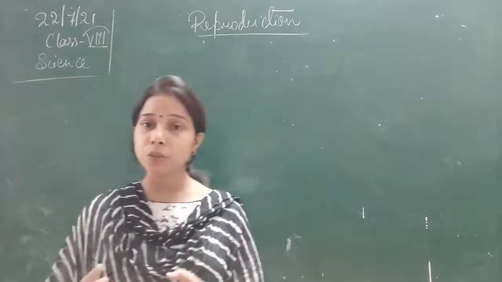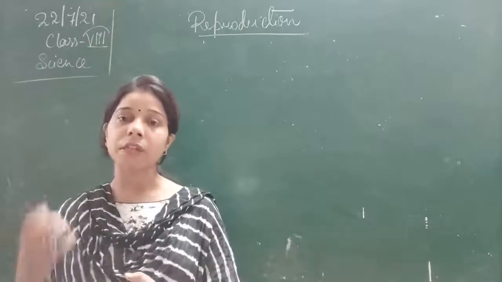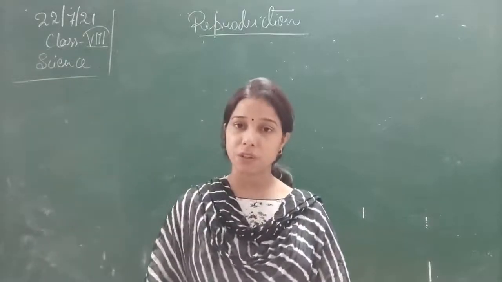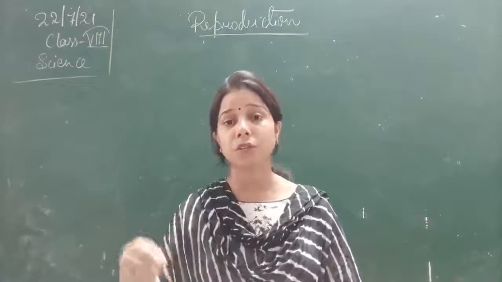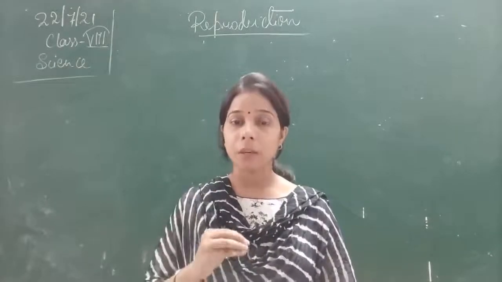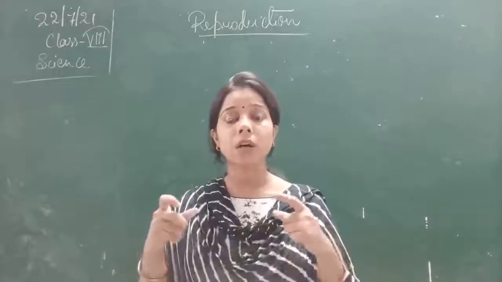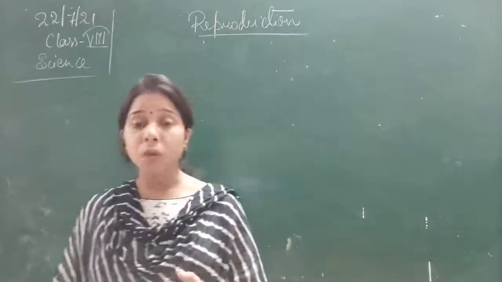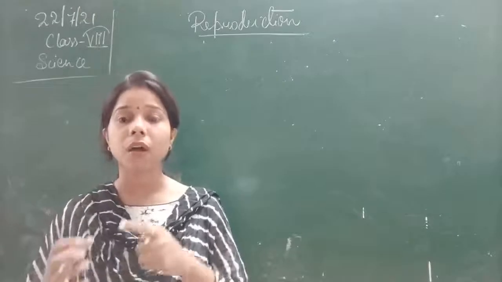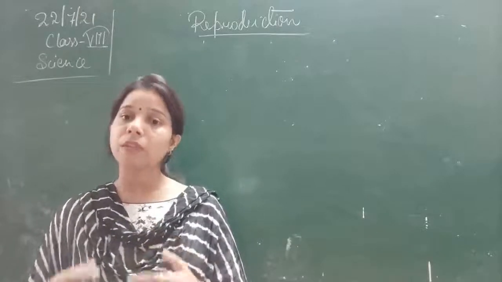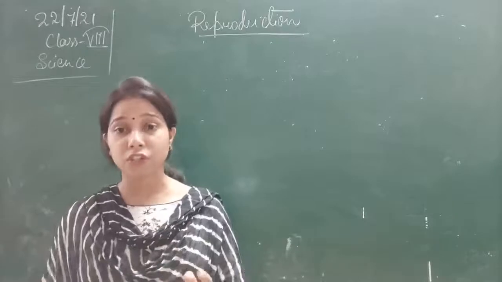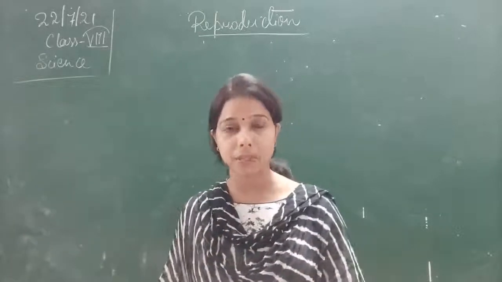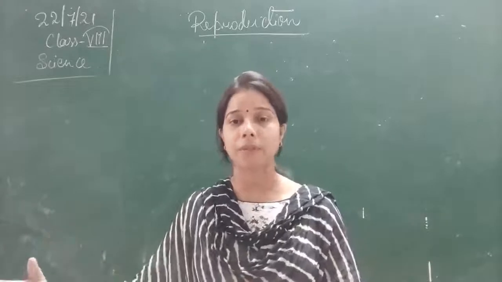For the development of the zygote into an embryo and then a fetus, there is a need for nutrition, and this is provided by the mother because the embryo is connected by a tube to the mother's body. So the mother's blood provides the nutrition to the embryo. First cell division occurs and then cell differentiation occurs, due to which new organs and different parts of the organs form.